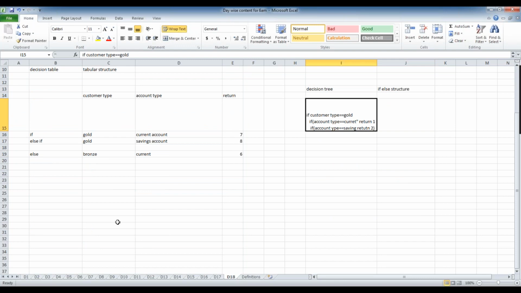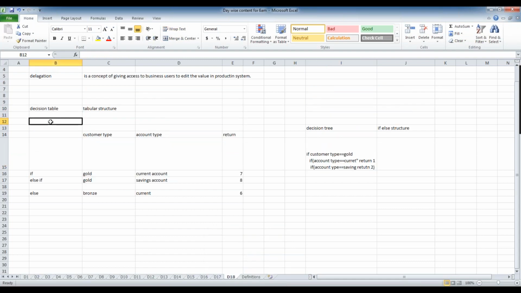Okay. Are we using map value also? Yes, map value is very rarely used. We can achieve the same thing using the decision table. Map value is useful if you want to return just one value based on one column. So one value, one return. You can achieve the same thing using a decision table. What they do is take our account type and return one value. Same thing they will do, but they won't accept more than 2 columns.